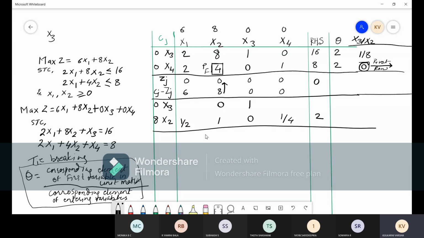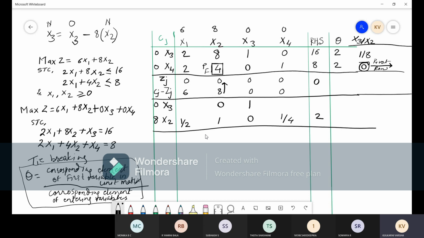So it is simple to get the new x3. To get the new x3, we need the old x3 and the newly entered variable, that is x2. We have to multiply this x2 by 8 and then subtract it from the old x3, right? This is the formula we need to follow. So here we can check: multiply this 0 by 8, so it will be 0. 1 minus 0 is 1. Okay, we are getting it. So let us use the same formula for this.